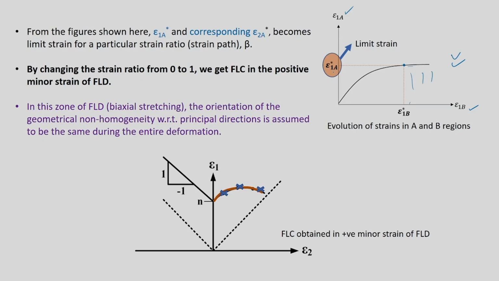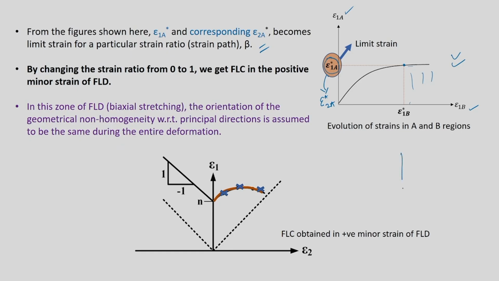At that time you pick up epsilon 1A star, and there will be a corresponding epsilon 2A star, and these two together will form one coordinate in the forming limit curve. That is what I have written here, and by changing the strain ratio from 0 to 1,